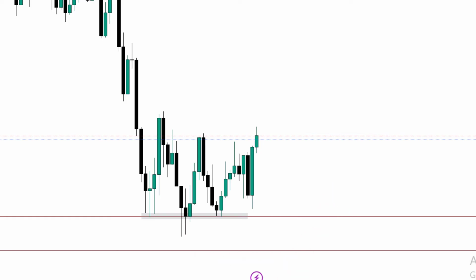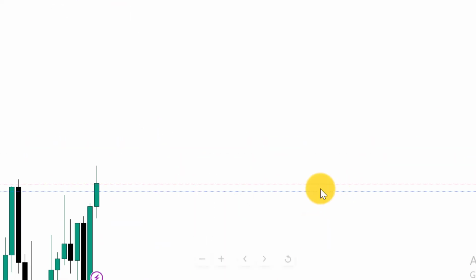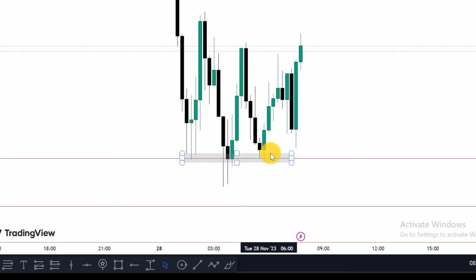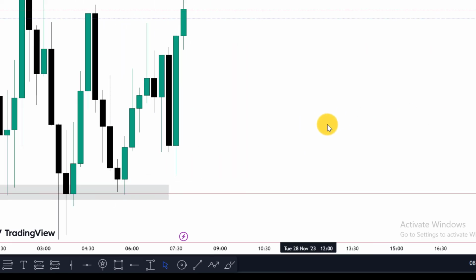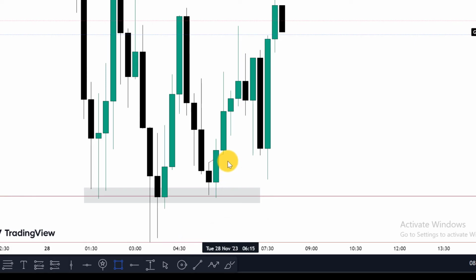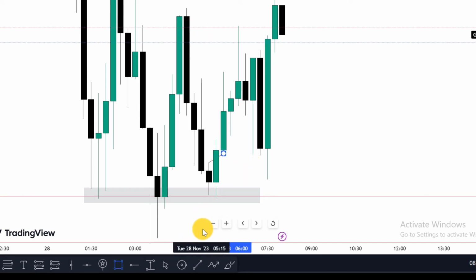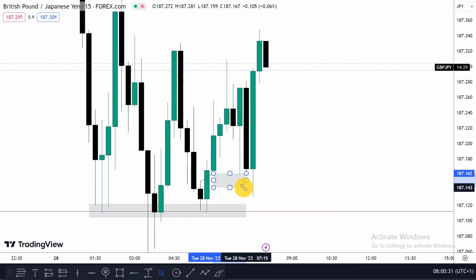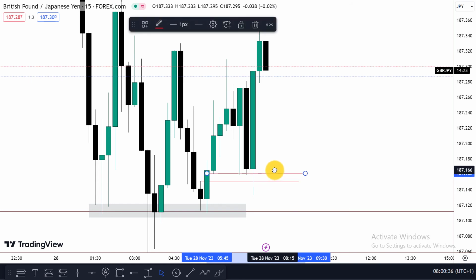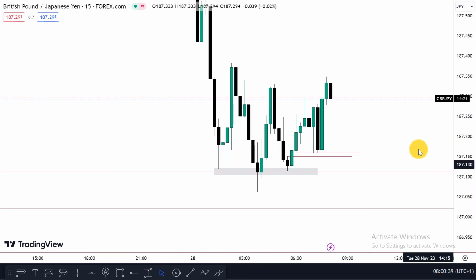You would agree with me. All right, inverse head and shoulder. Price formed the middle swing. That's the head, this is the shoulder. All right, then price created another expansion with a fair value gap, bearish order block with a fair value gap right here. You see that, this guy. Okay, so that's what I'm looking at. And sorry, this level. That guy right there. Okay, so that's why I'm buying